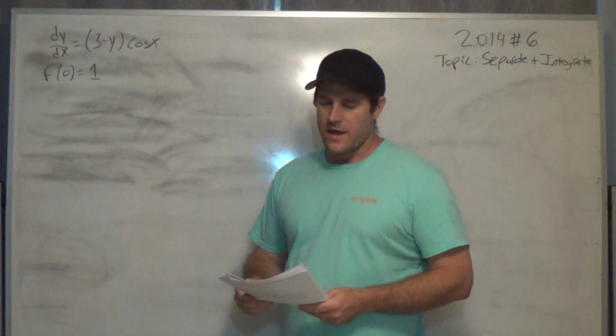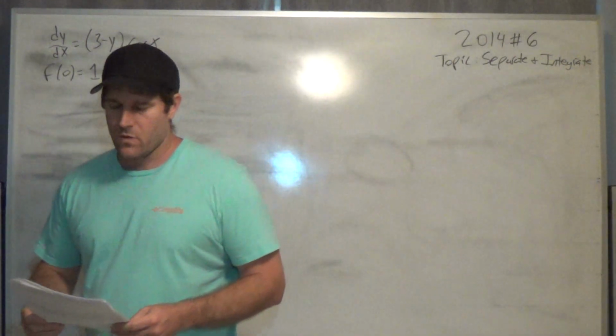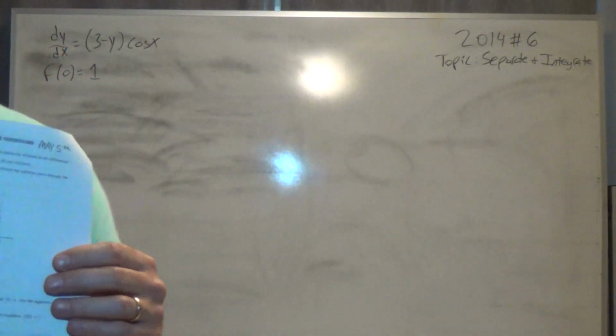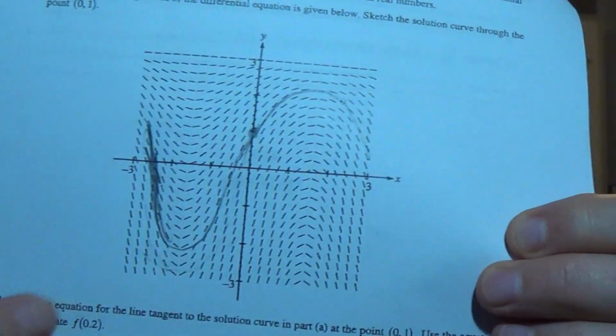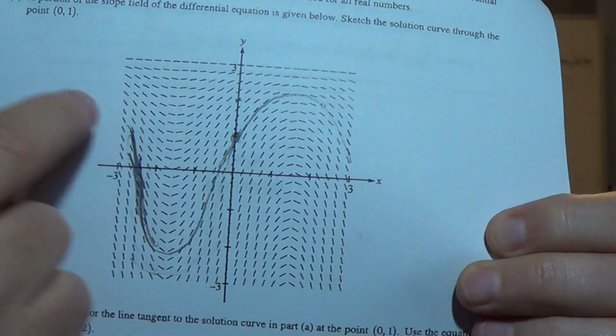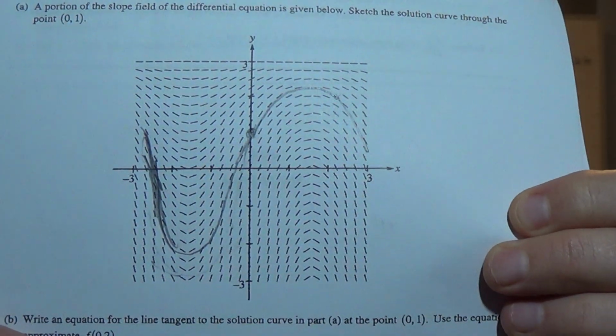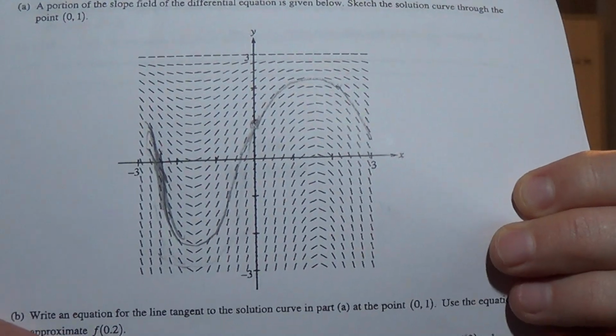an ordered pair. In part A, they gave me a slope field and said sketch the curve through the point 0, 1. So just to show you what I did with my work, I started with the ordered pair 0, 1, then just followed the slopes as best as I can. It's not perfect, but it got me the points I needed, and that's all they want you to do. So it should go up and down and look-ish like this. So that's it